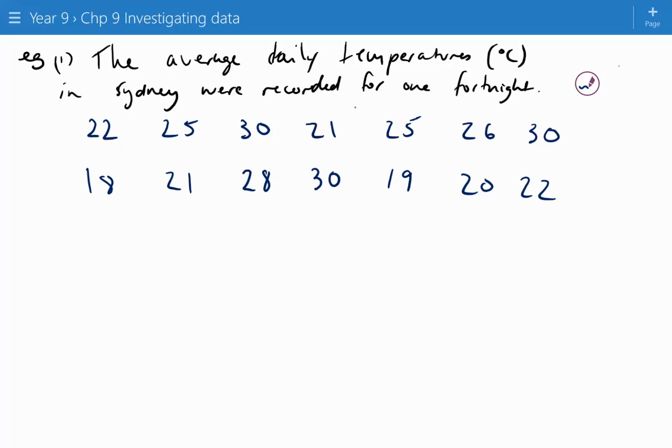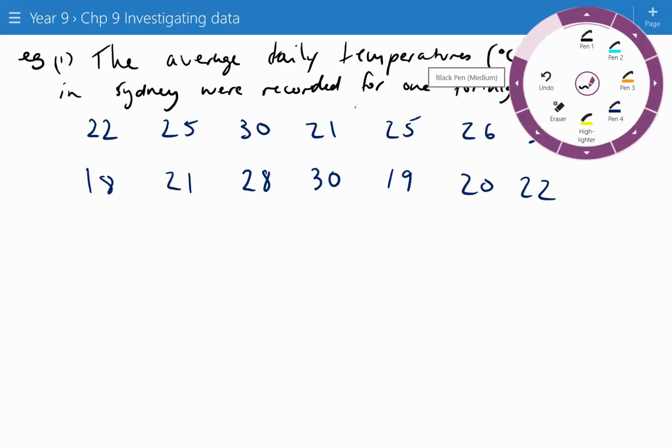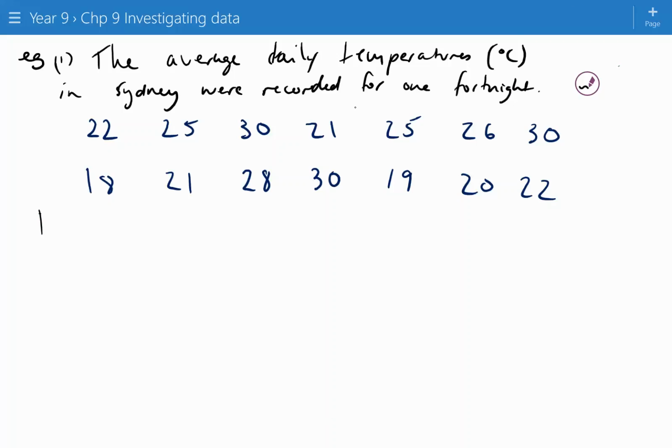So 22 degrees, 25 degrees, 30 degrees, 21 degrees, and so on. So we've got 1, 2, 3, 4, 5, 6, 7. There's 14 total scores there because it's a fortnight. The average daily temperature were recorded. So with these data now, we're going to calculate the